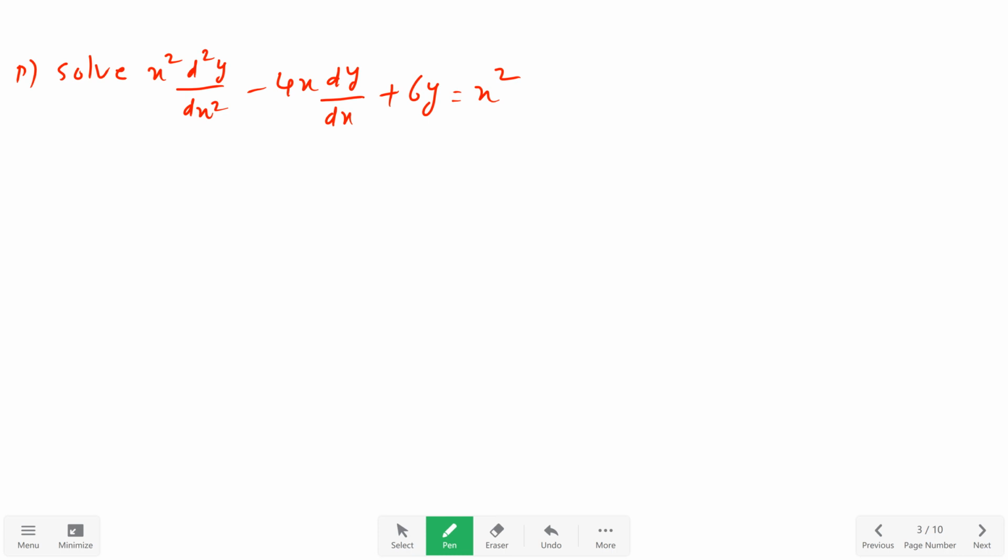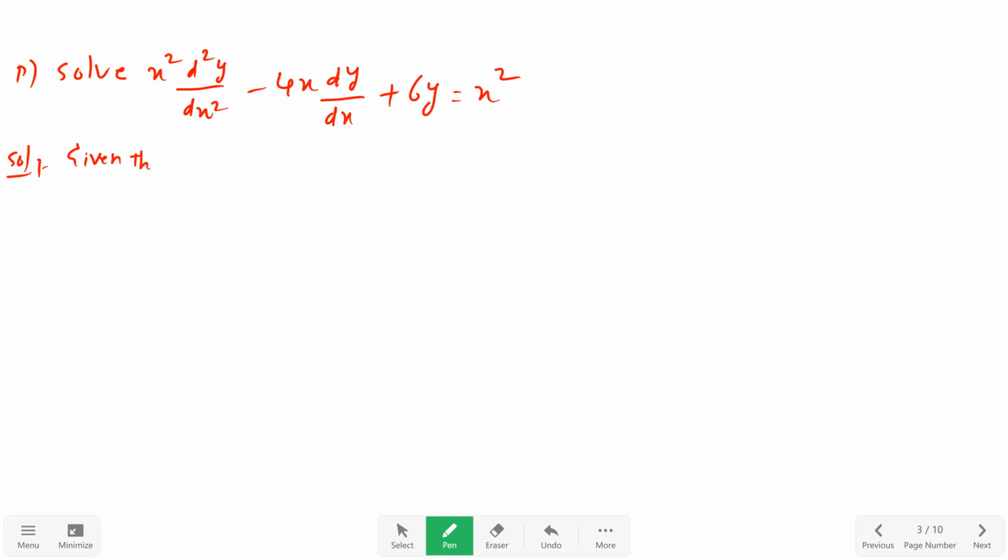This is the equation. Now we can observe that this is a second order linear differential equation. A linear differential equation with variable coefficients in this form is Cauchy's linear equation form. So this is a second order linear differential equation with variable coefficients, also called Cauchy's linear differential equation. Here, for the solution, first we write down the operator form of the given equation.